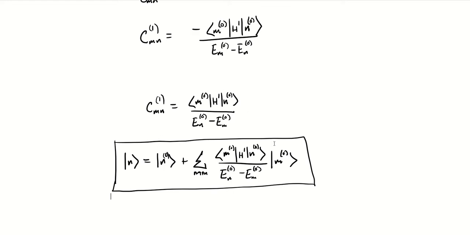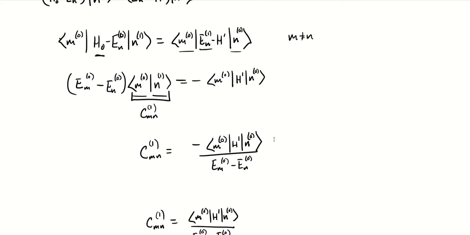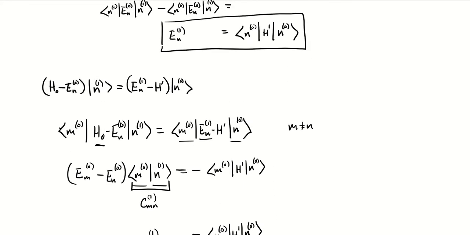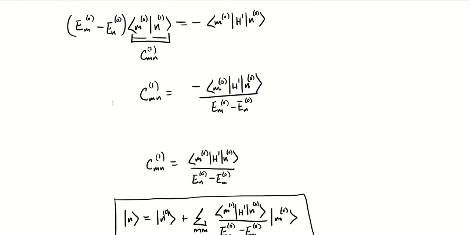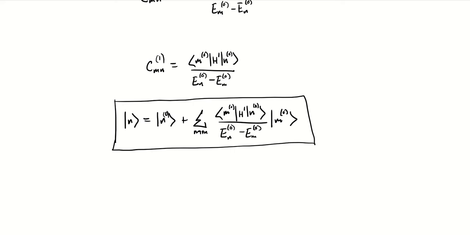And that's the non-degenerate first order perturbation theory. Interesting to note that the first order corrections to the energy involve the 0th order energy eigenstates. That sort of continues. The second order corrections, which we'll see in our next video, where we're going to go through second order perturbation theory, will depend on the first order corrections to our energy eigenstate and so on. But for now, we've finished through our first order perturbation theory.